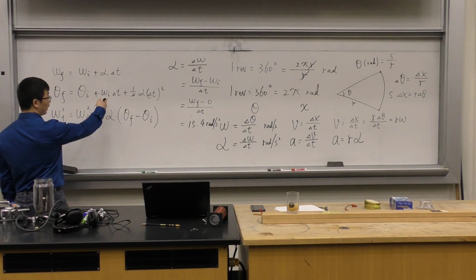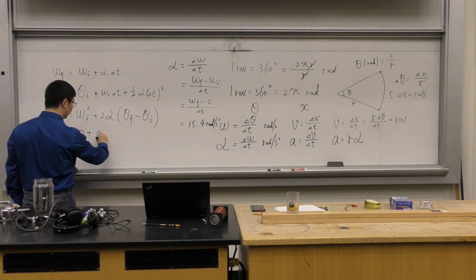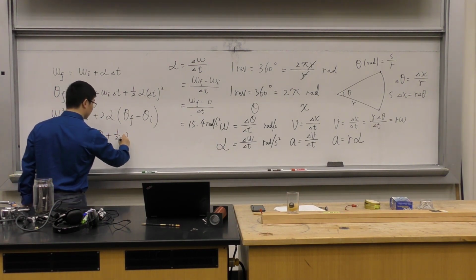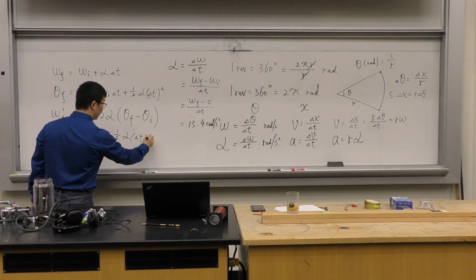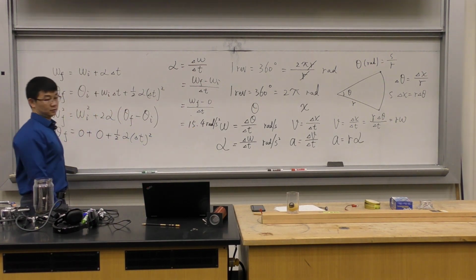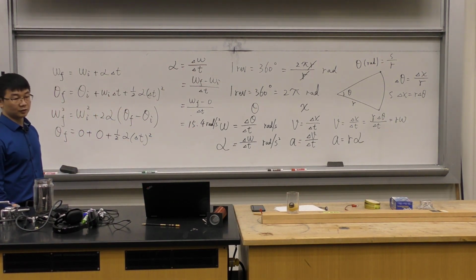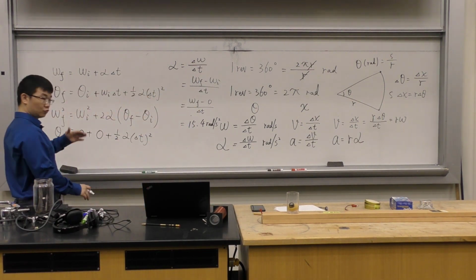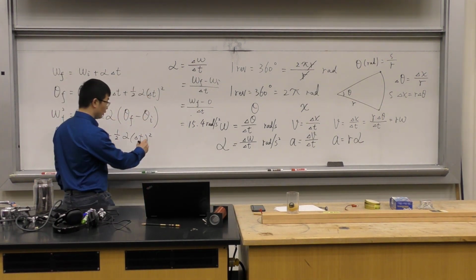Now the initial angular velocity is 0 in this problem because it starts from rest. Now all I need to do is just do this. And the alpha, we just found it, right, in the first part. So the time is still 4 seconds. Now you plug numbers in, do the algebra yourself. You actually get